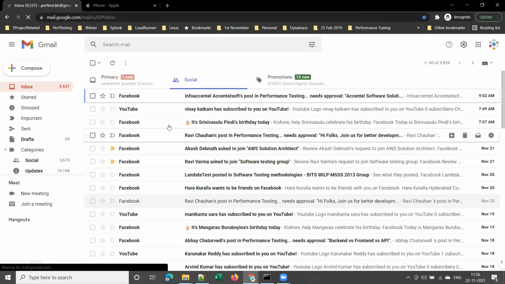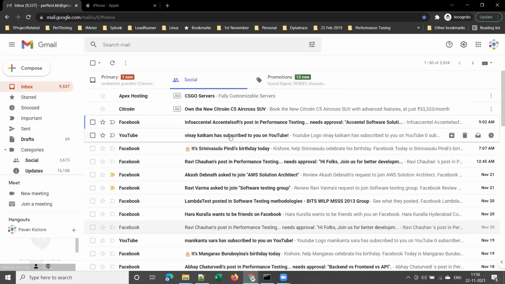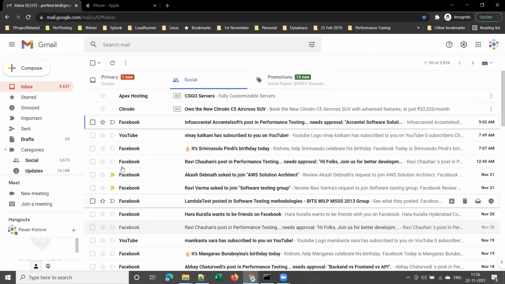So let's assume, let's take this Gmail example now, for integration testing. Suppose a team of developers are working on this inbox and another team is working on Hangouts. Another team is working on Google Meet, and one more team may be working on the complete UI. Now, once these different pieces of code are attached together, they have to work properly.